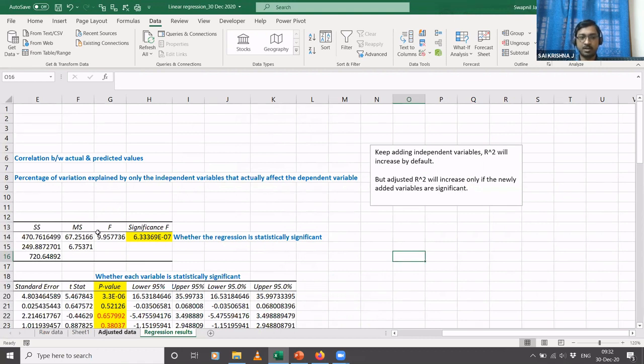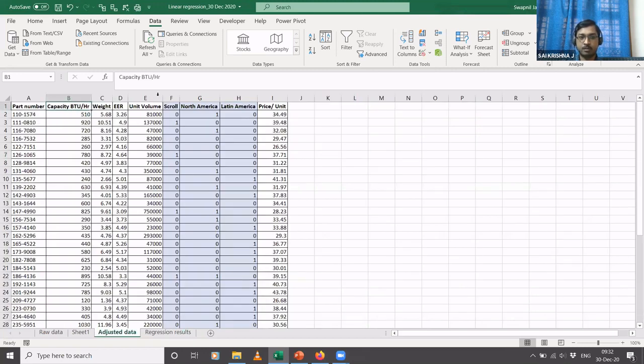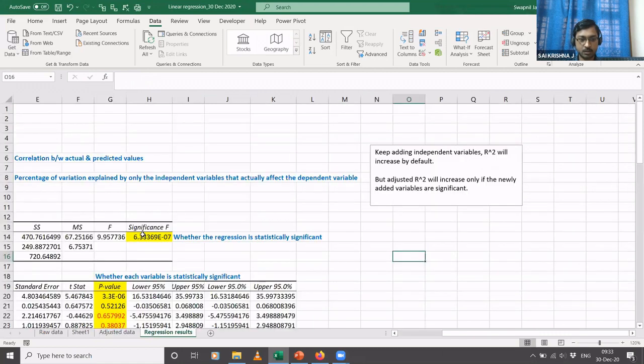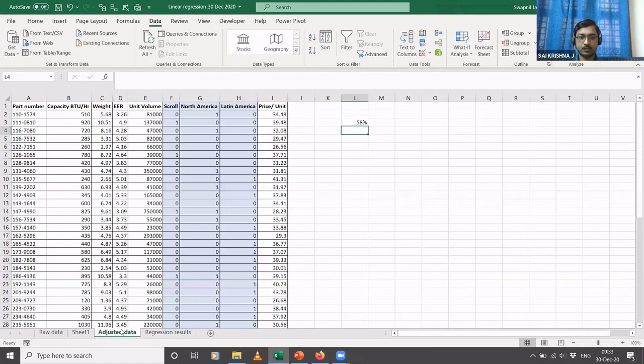Let me come back to this data here. All these parameters from B to H are my independent variables. For this given set of independent variables, we have an adjusted R square value of, let's say, 58%. And what was the R square value that we had here? 65%. Now, what did I tell you just a while back? I told you that the remaining percentage, apart from the 65% or the 58%, is made up of parameters that are outside of our data, for example, the diameter, the material, all these parameters.